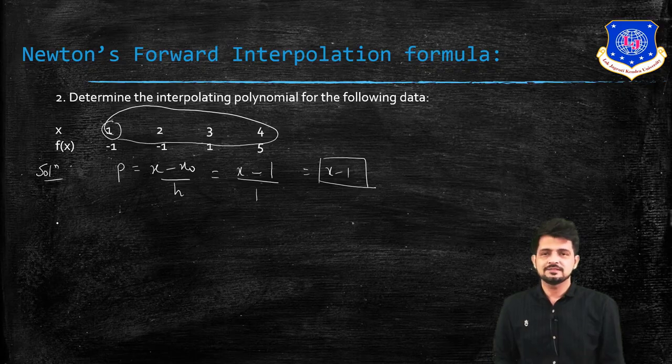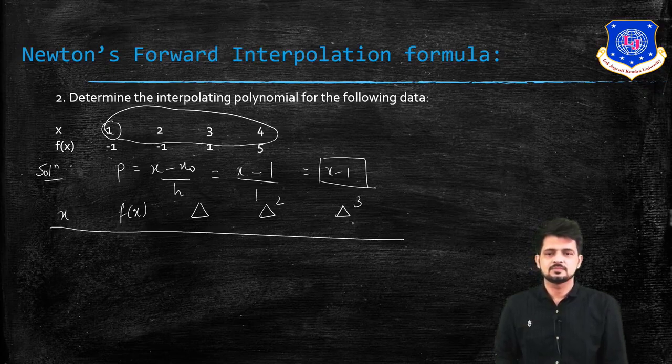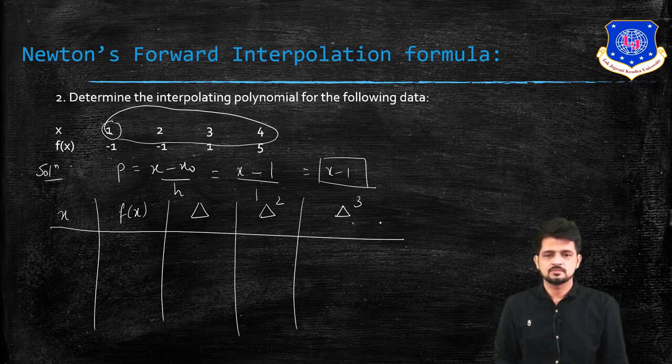What is our next step? Our next step is to make the forward difference table. So what is to be written in the forward difference table? First of all x, then f of x, then first difference, second difference and third difference. Let us write the values of x first, 1, 2, 3 and 4. Then the values of y. y is nothing but f of x. So my values are minus 1,